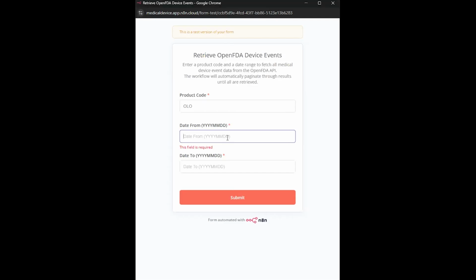as FDA chose. So it's 2024, and then the month 10, and 01. This one will be 2025, 09, September, and the day 30. And here I will submit,